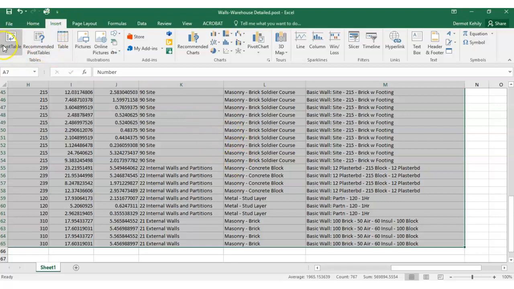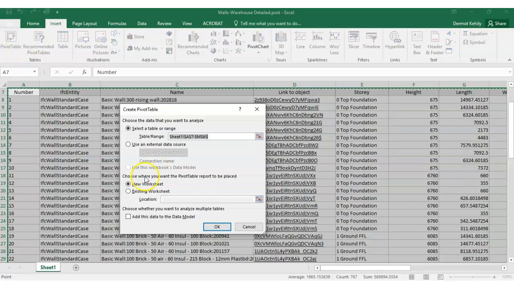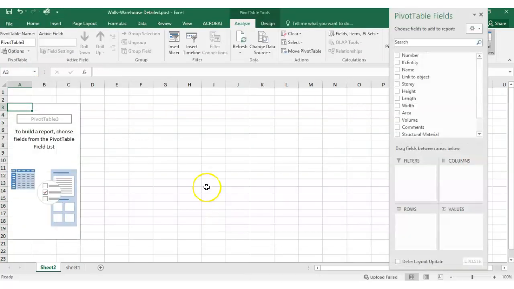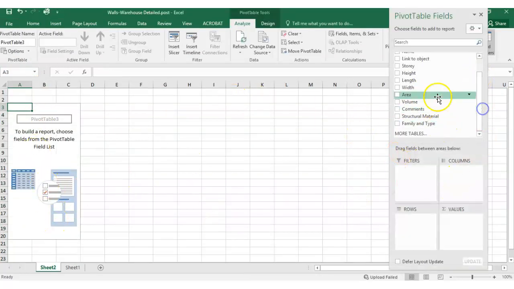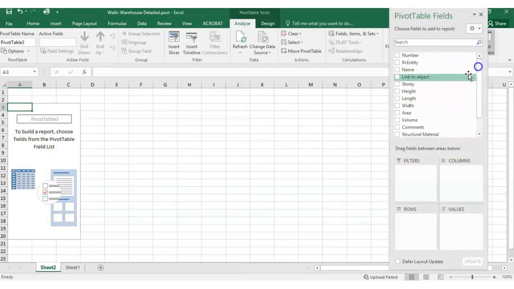So I'm going to click Insert, Pivot Table. I'm going to use a new sheet, so click OK, and I'm going to create my pivot table. I don't need all this information, all these fields, even though that's what I brought into my Excel sheet. I could actually go ahead and delete some of it if need be, but why not just take in what